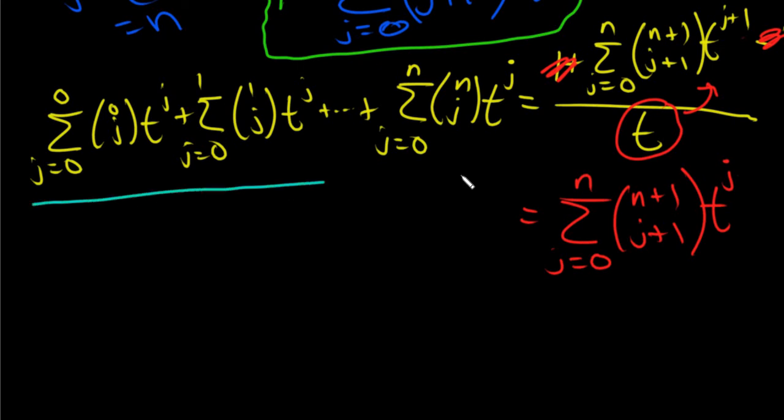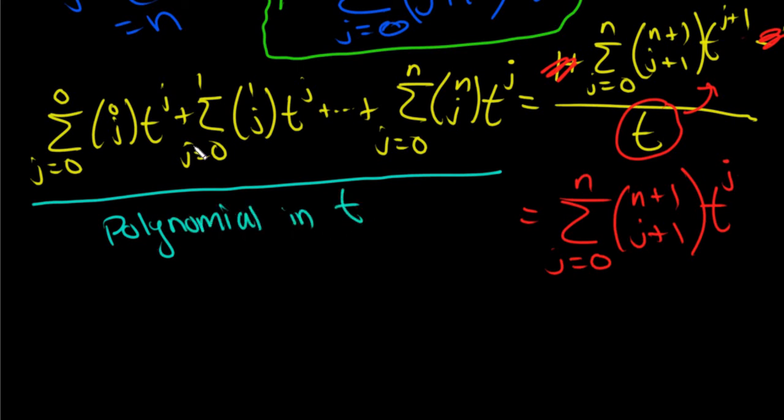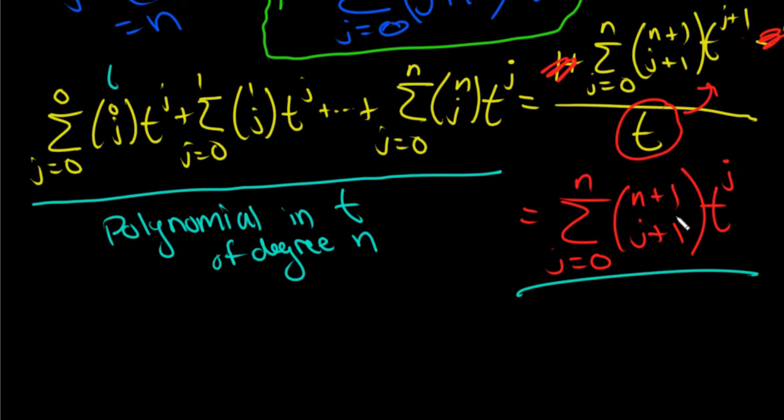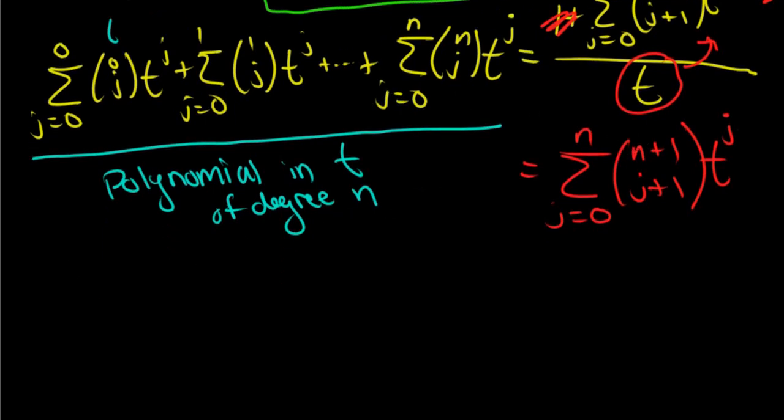So what we need to recognize is that this is a polynomial in t. T is the variable, and there's a t to the 0 term in here, that's the minimum, and then there's also a t to the n term because you get to this index. So this is a polynomial in t of degree n. And so is this guy, because this t is also just a variable here, and it goes from degree 0 to n. So it's a polynomial of degree n. So in order for these two things to be equal, the coefficients on the t to the whatever term have to be the same. So let's just think about